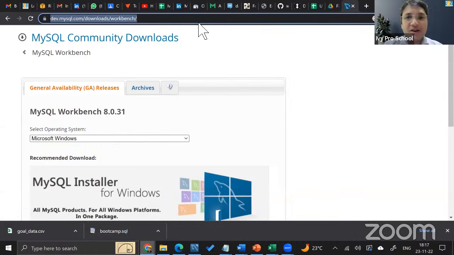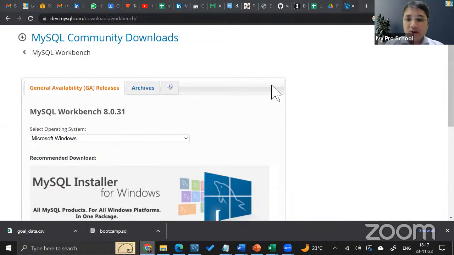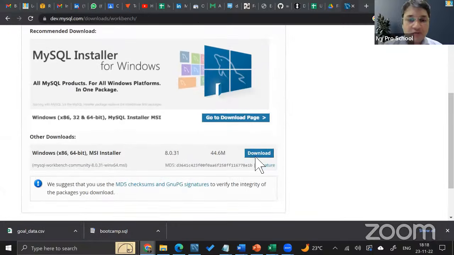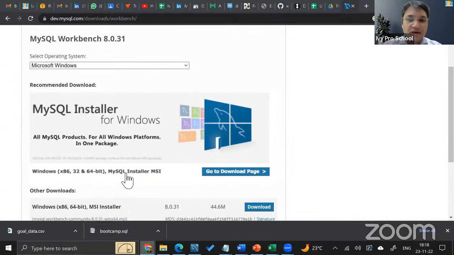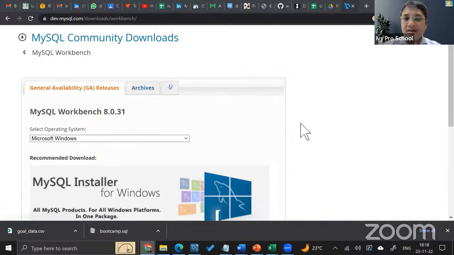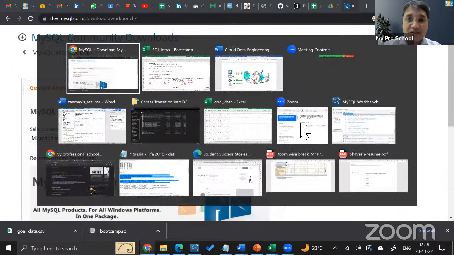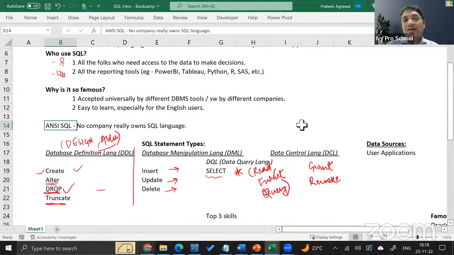Don't worry about 32-bit or 64-bit. Go ahead and download whichever one is available. It doesn't take a lot of time. Just go ahead and download this one. Even if you have a 32-bit machine, it should work. Okay. All right, great. So you can download the MySQL Workbench, which is the client. That's the client, or the browser, with which we will interact with the database server.